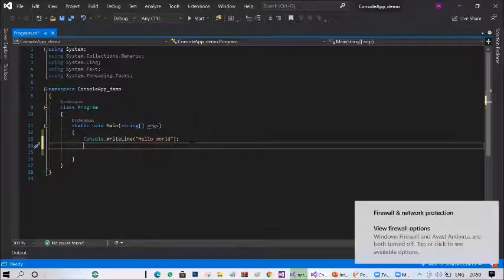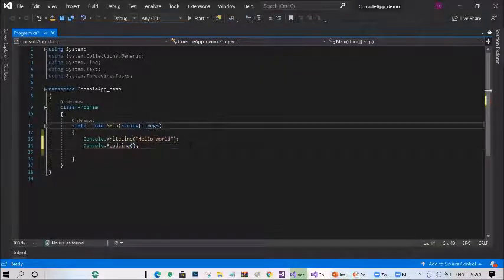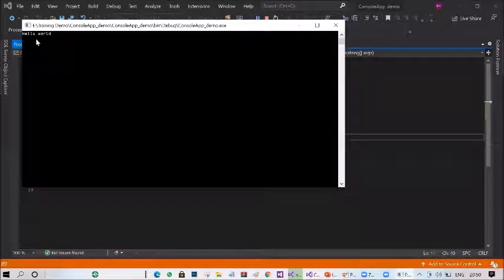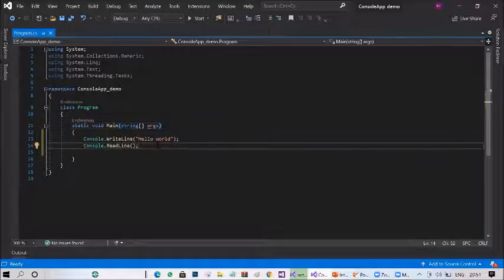Okay, so if you want to stop this for a while, or print this hello world and keep it there for a while, you can use Console.ReadLine. Now I'm giving Console.ReadLine. Let's run this. You can use F5 also for running this program. Now hello world is printed in the console application. This is the way a normal program writes. To learn more about it, you can use this console application.